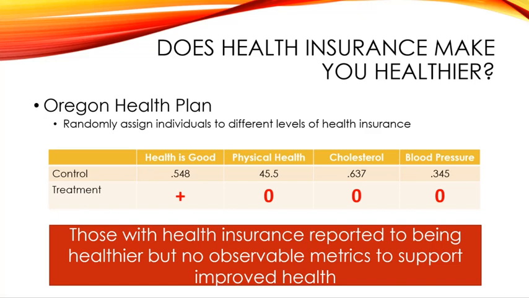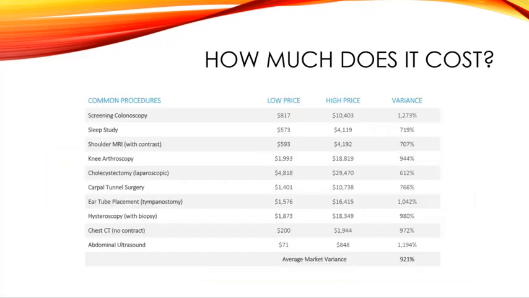The other big challenge that we see today is that there are large variations in costs of healthcare. And there's a whole lot of reasons for this, whether it be HMOs, negotiations between insurance companies, or different ways. So for screening for a colonoscopy, which is a very unpleasant experience, I'm told, it could cost as little as $817 or as high as $10,000. And so there are very large changes in costs. And so if you don't know how to shop around for prices, it could be very expensive for you